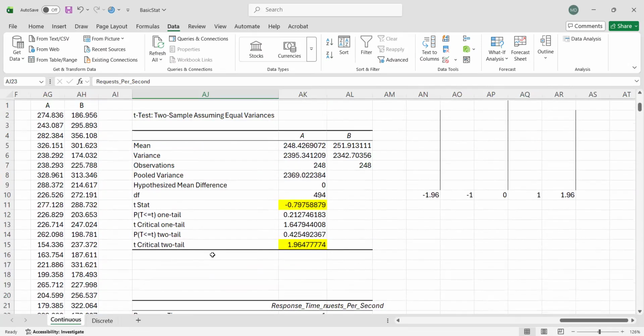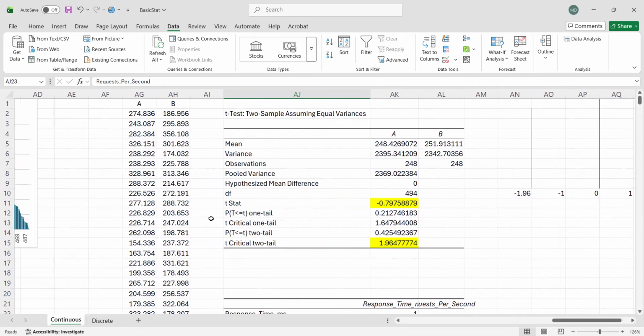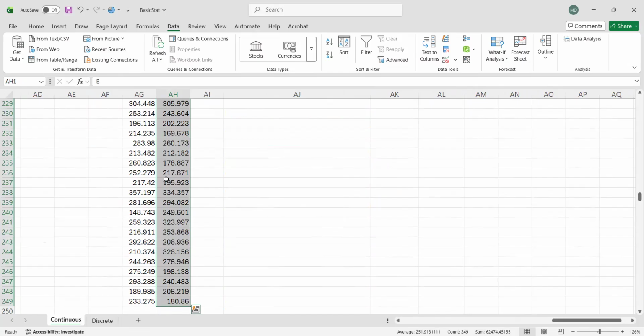For our comparison earlier, we did a t-test. Maybe group A was done by agent or employee number one, and group B was done by agent or employee number two. Or maybe group A was done in the morning shift while group B was done in the graveyard shift.